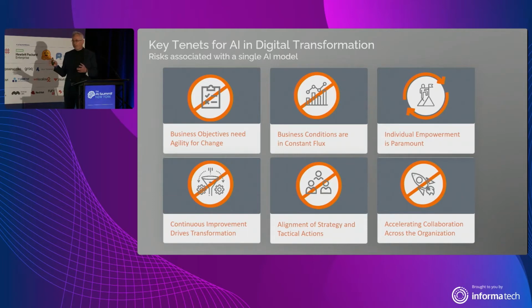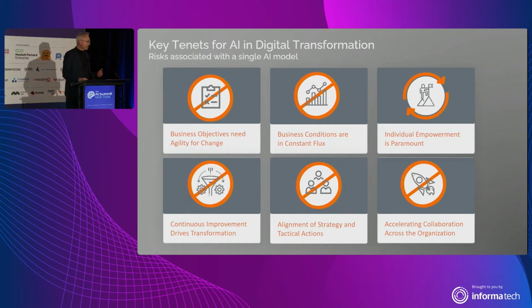And this is a subtle point, I'll come back to this and spend some time on it, but how do I make sure that my tactics and strategy are actually in alignment? Because my AI could actually be doing things in my organization that aren't aligned with what I'm trying to achieve from an overall market strategy. And lastly, how do I connect everybody in my organization to all work together?